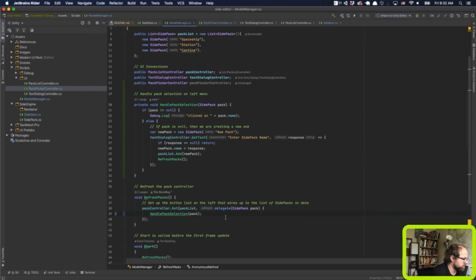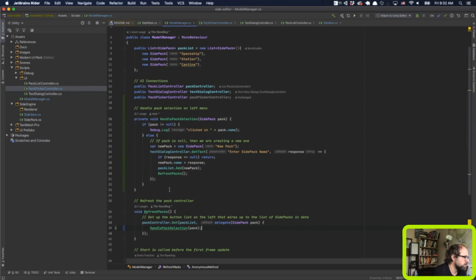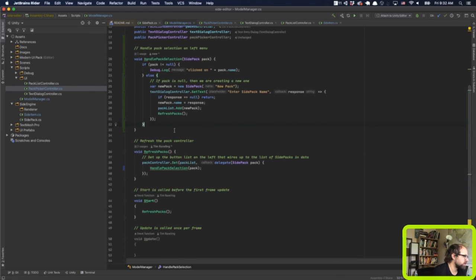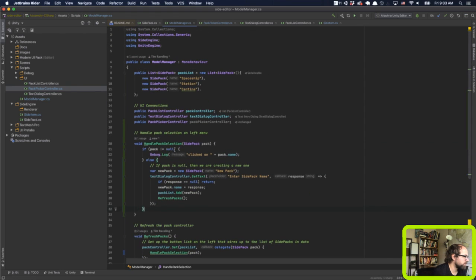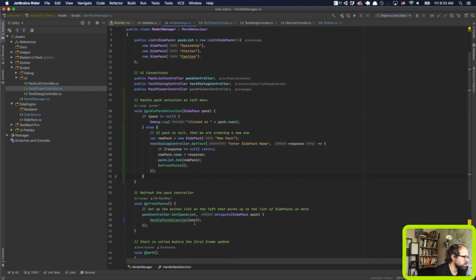Side warning, convert to method group. I actually don't know what that means. I'm not going to worry about it right now. So we got this private void handle pack selection right there, which is good. And private just means, I actually don't even know if I have to do that. There we go. Private just means you can't access it from the outside, from another thing, which is fine because all of this happens internally. So the pack callback is set to call this handle pack selection here, which if the pack is null, creates a new one for us. And otherwise,